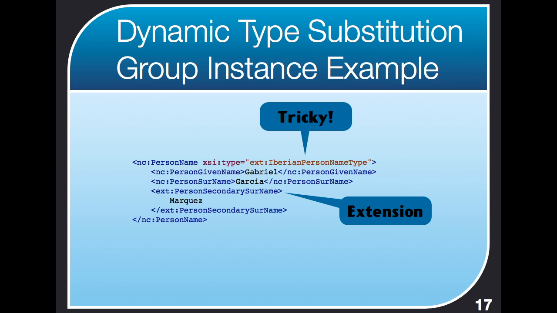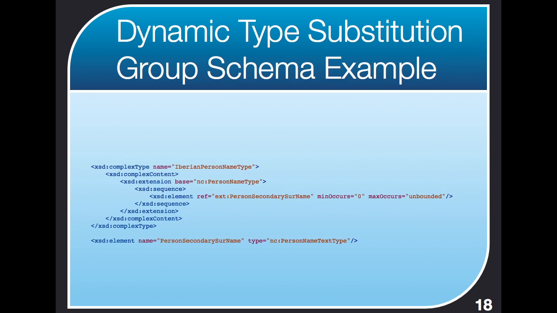There isn't. Let's take a look back at that schema. Take a close look at this schema. There is nothing in this chunk of schema that tells us that we're going to change the type of person name in an instance document to Iberian person name type. Maybe we can infer it, being human beings and using human judgment, and say, well, why are we making this Iberian person name type? Well, I guess we're going to substitute it somewhere. I mean, you can make that inference if you think about it hard,